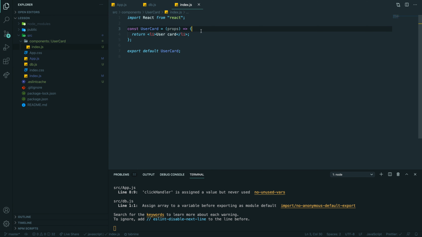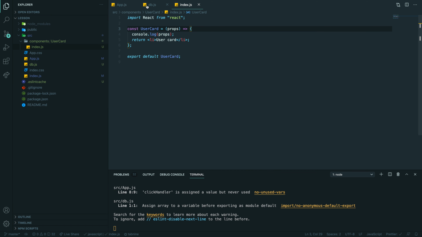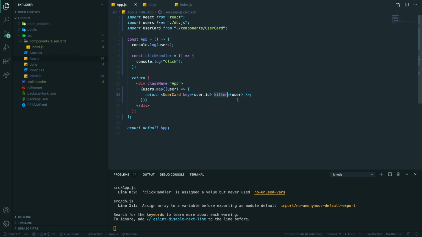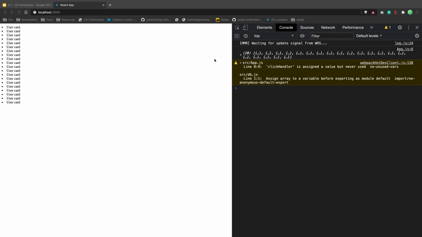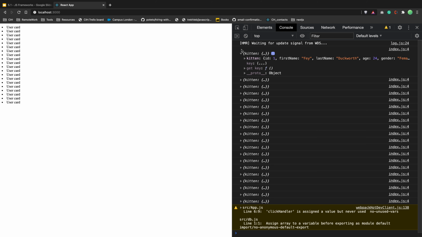And here, I want to console log props, the whole object. Let me just remove my users from here. I don't need them. As you can see, I have my kitten 20 times, because we're rendering each component separately, and that is why we have 20 console logs.